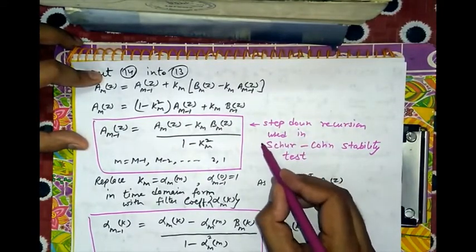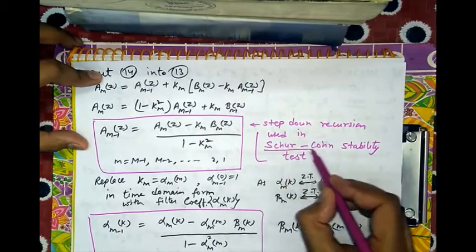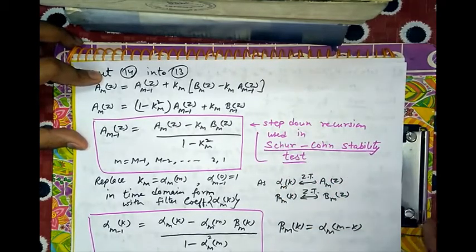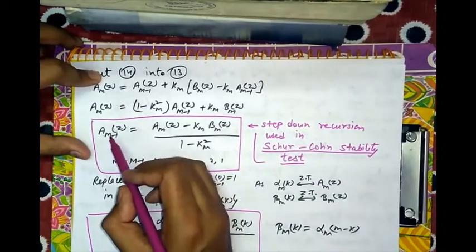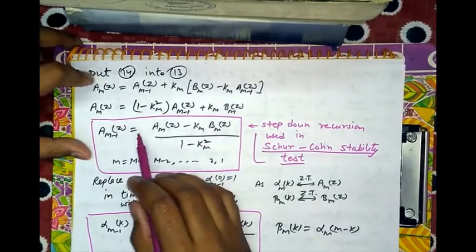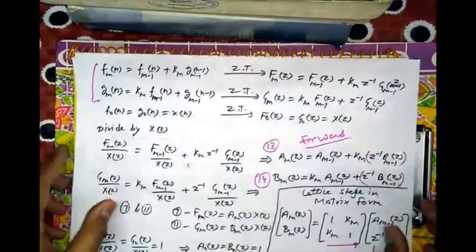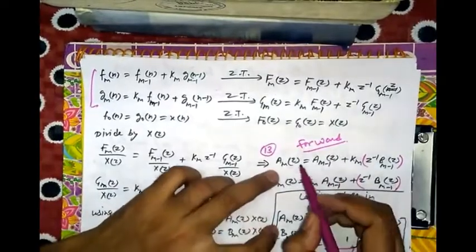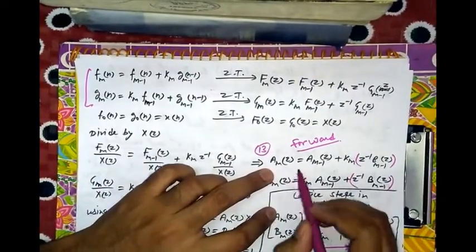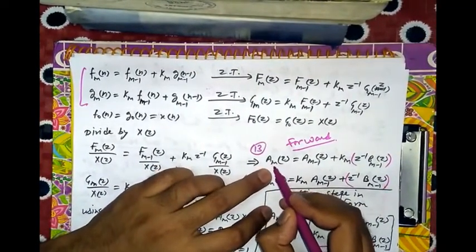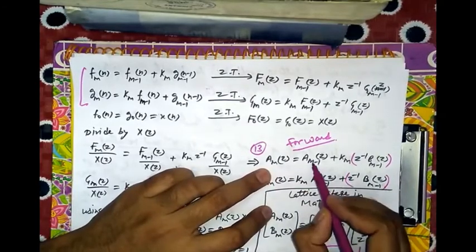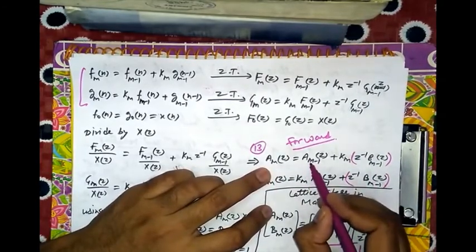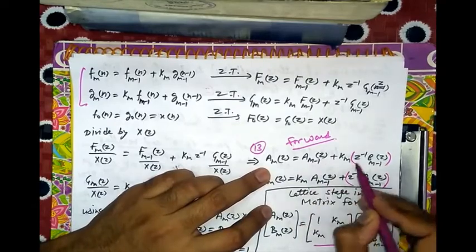We will use it later when we discuss the Schur-Cohn stability test, and it is step down or reverse recursion. Why? Because in forward recursion, when we put m equal to 3, suppose when we are calculating A_3(z), we need the values of the past